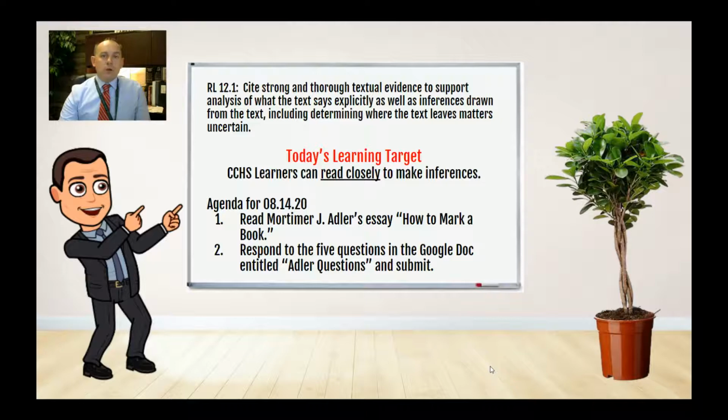So today we are looking at an essay by Mortimer J. Adler, and this connects to our learning target for this unit that says that you can cite strong and thorough textual evidence to support an analysis of a text. So basically what that standard is all about is being able to read a text and grapple with its nuances of meaning and to read between the lines. So our learning target today is to develop that skill and that reasoning ability to make inferences based on closely